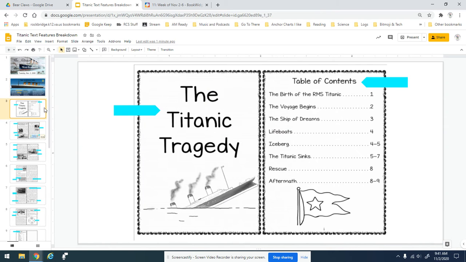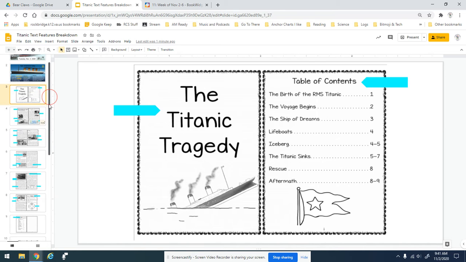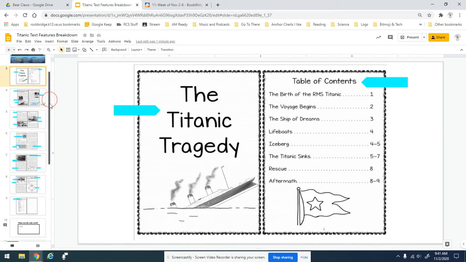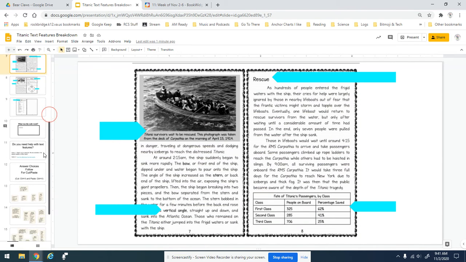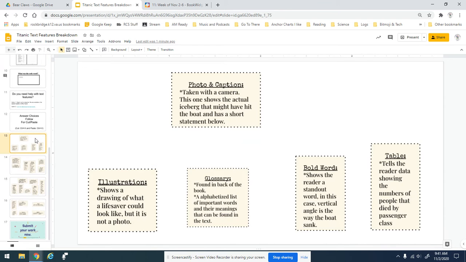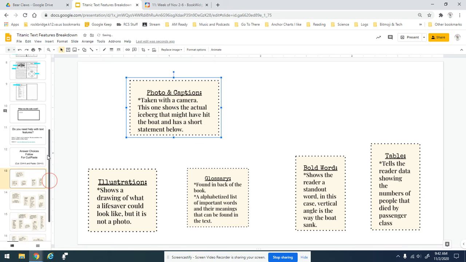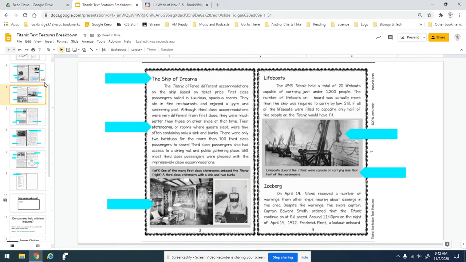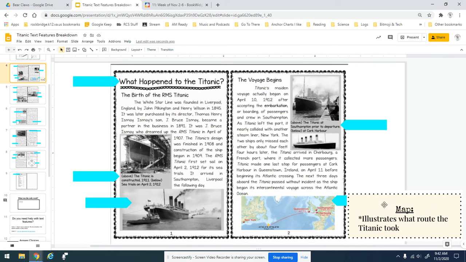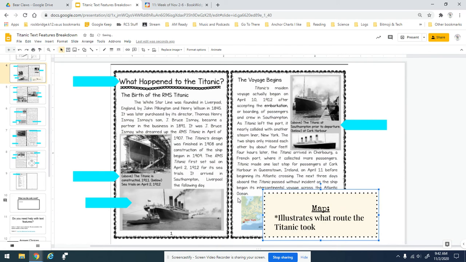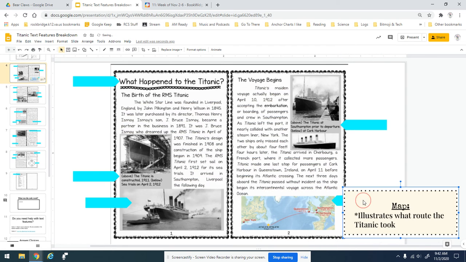Okay, so looking at the slides that are part of this thing that you'll turn in, there are these blue arrows pointing to different parts of the text. You are responsible for taking these and moving them to where these blue arrows are, as I did here for this one that is a map. I want you to notice that I didn't plop it here, and I expect that I can still see